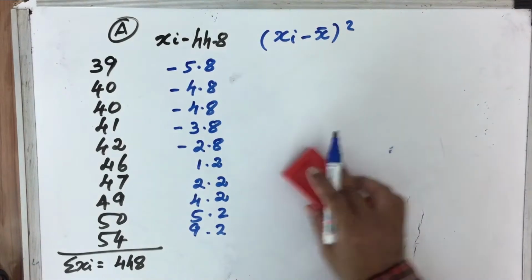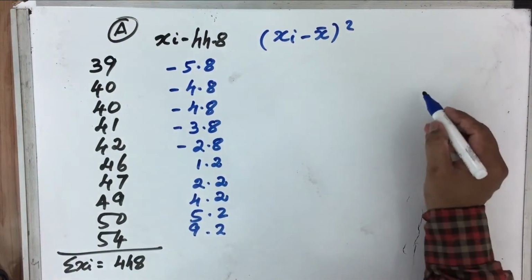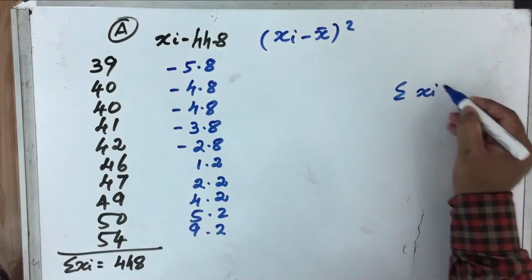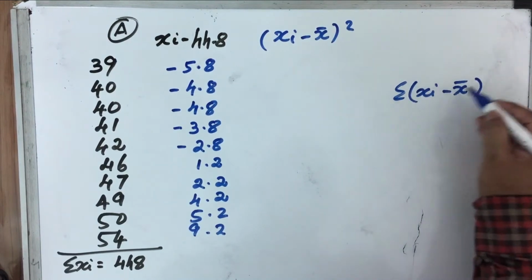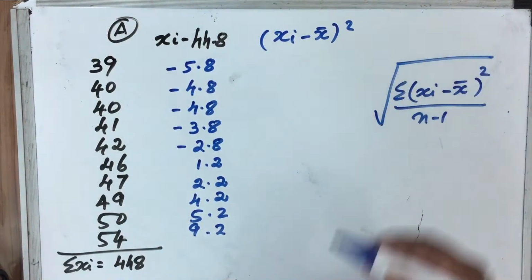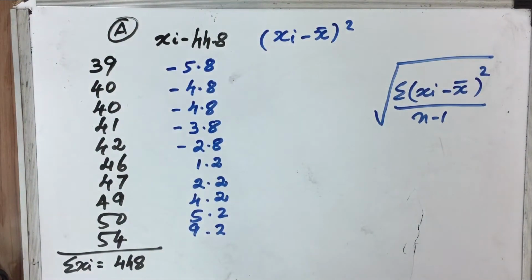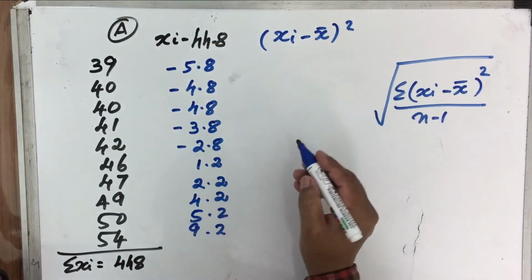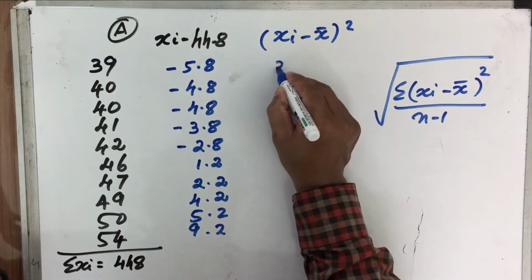I would have written it a little this side. So once more I am writing: summation of all the (xi minus x bar) all square divided by n minus 1. Okay, so this is the formula we are going to use. So therefore let us find out what is minus 5.8 square. So minus into minus is plus, that is equal to